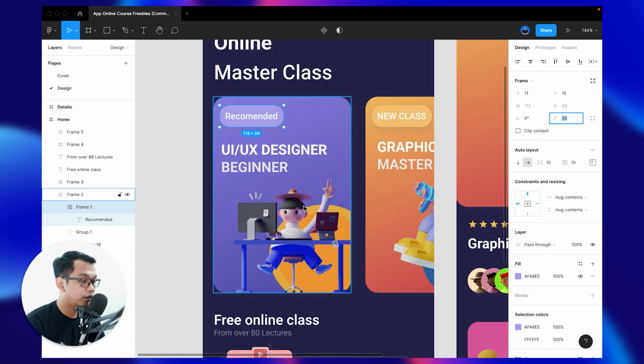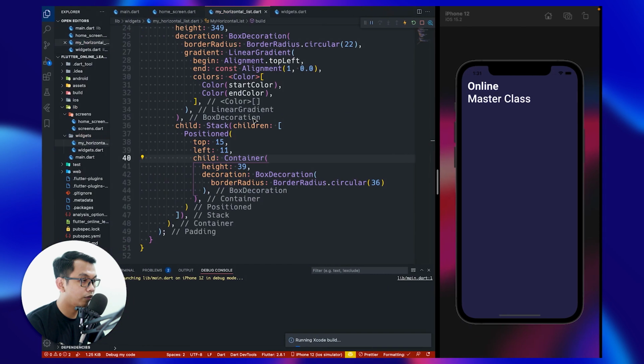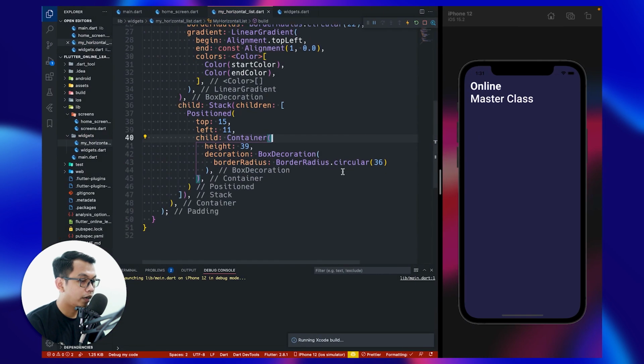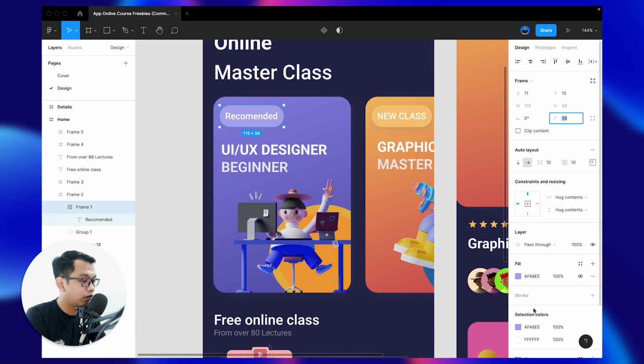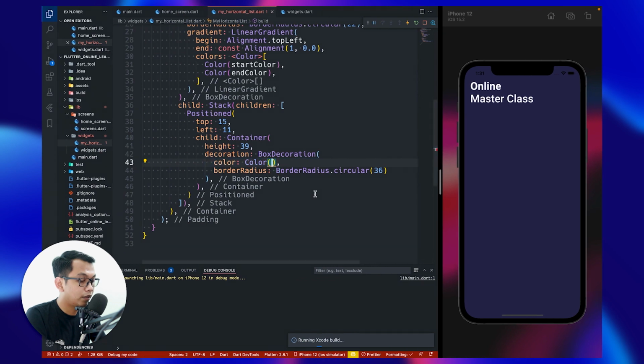Okay, and inside our container we have one widget right here, which is text widget. But before that, inside our box decoration we can call color, copy this color, paste here, look like this, and we can add const modifier right here.